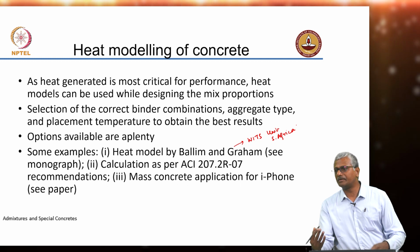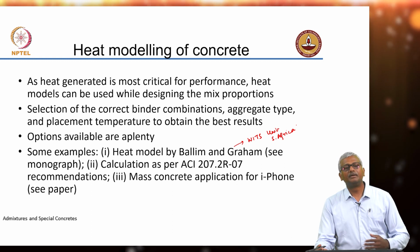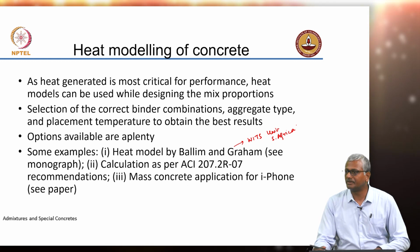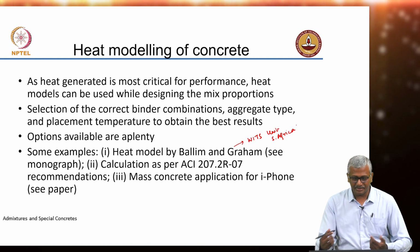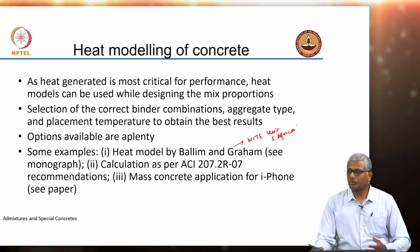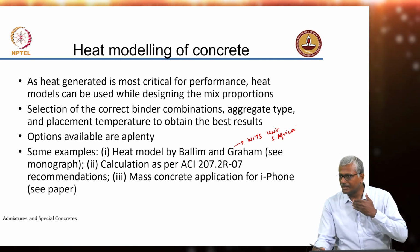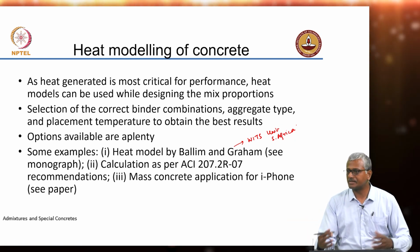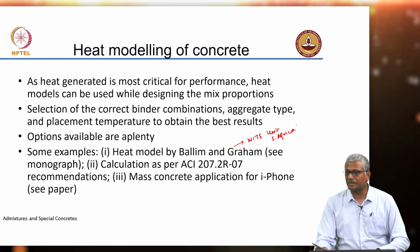Right? Heat flow is defined by the Fourier equation, and the solution to the heat flow equation gives you the rise in temperature in the segment that is undergoing this early hydration. Okay. Again, a lot of mathematics is involved here, but in this case, Ballim-Graham used what is called a finite difference approach to try and estimate temperatures at different segments or different parts of a block that is subjected to early hydration. Okay. There is also a recommendation given in ACI report 207 on mass concrete, which helps you